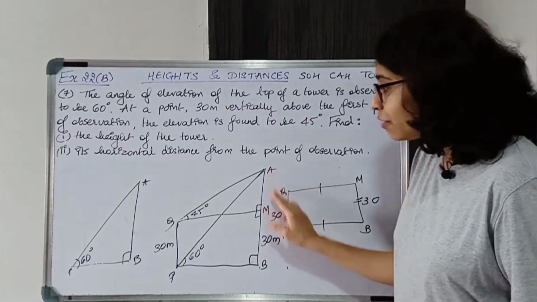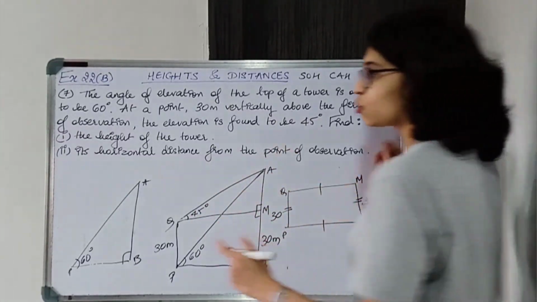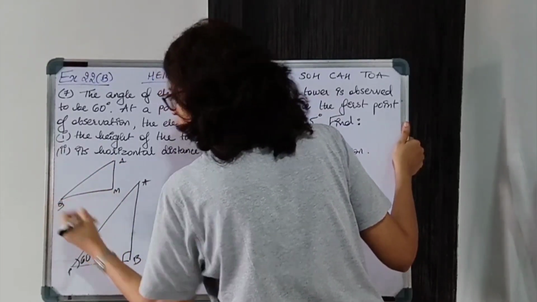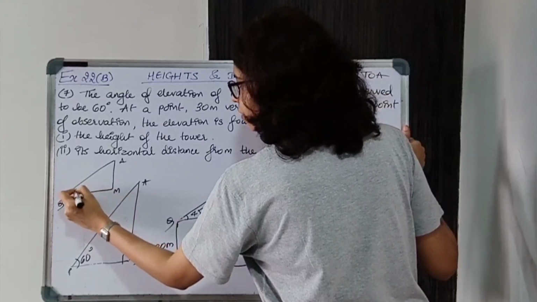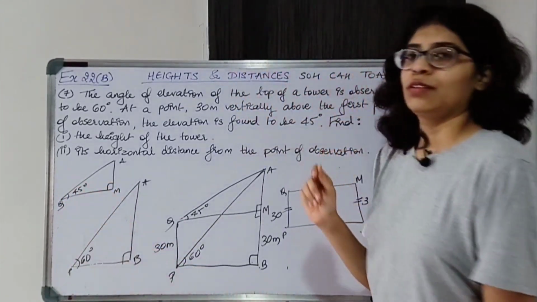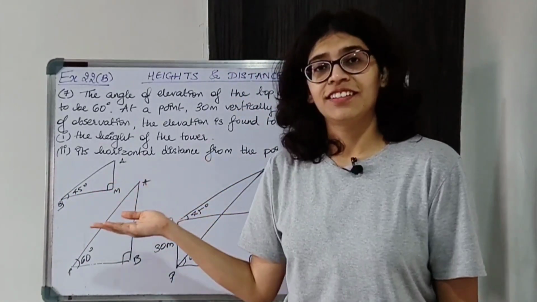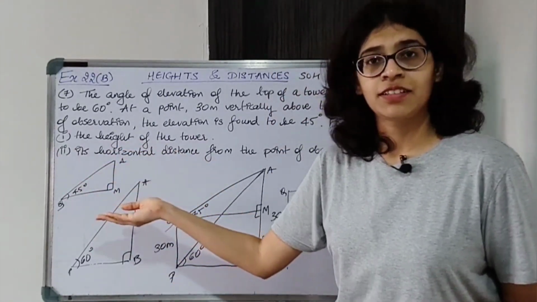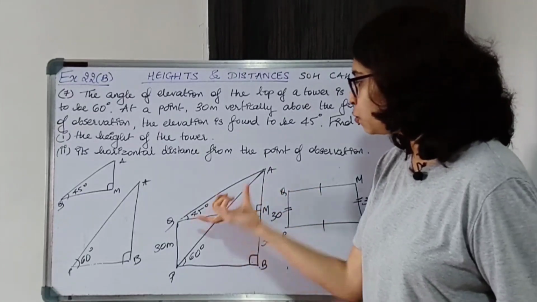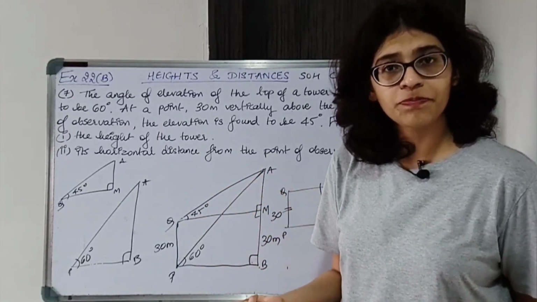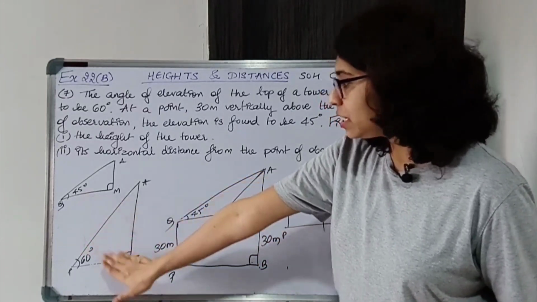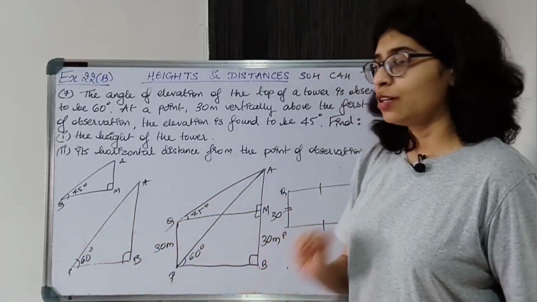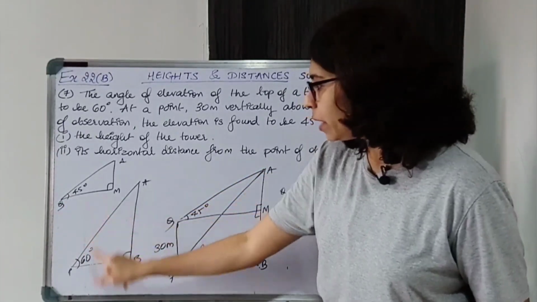So AM you can get from this triangle AMQ. So let's consider AMQ. Okay, this is 45 degrees. Now if you notice this triangle, again the same thing, you don't know any of the sides. To find AM you need to know QM or AQ. We don't know. Now if you notice these two triangles ABP and AMQ, carefully, QM and PB are there.